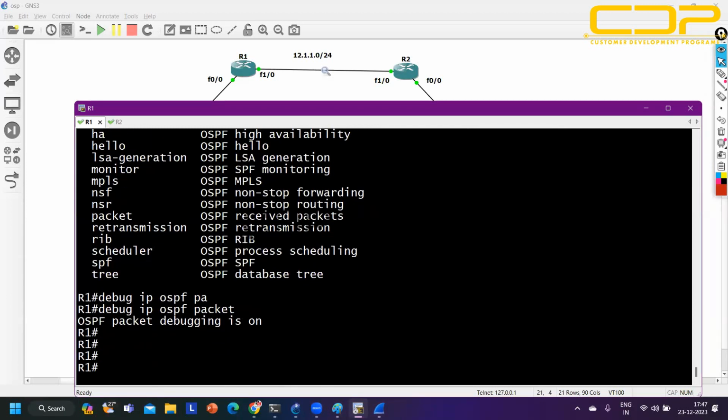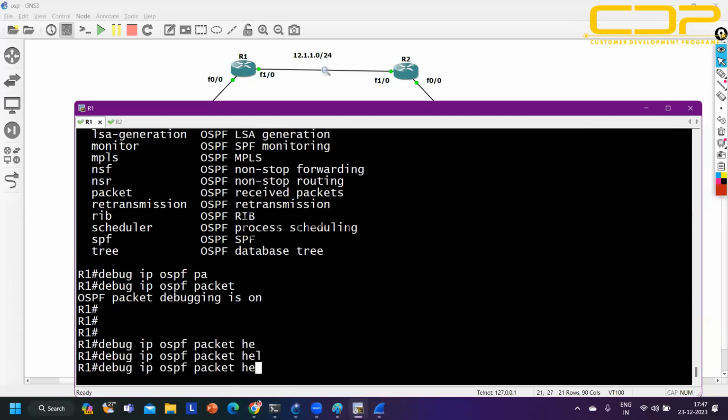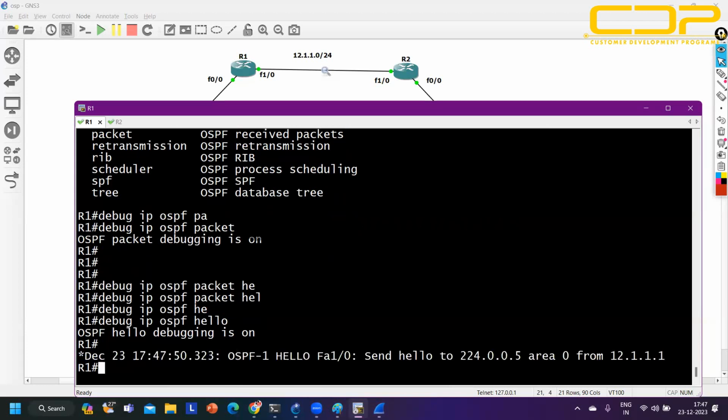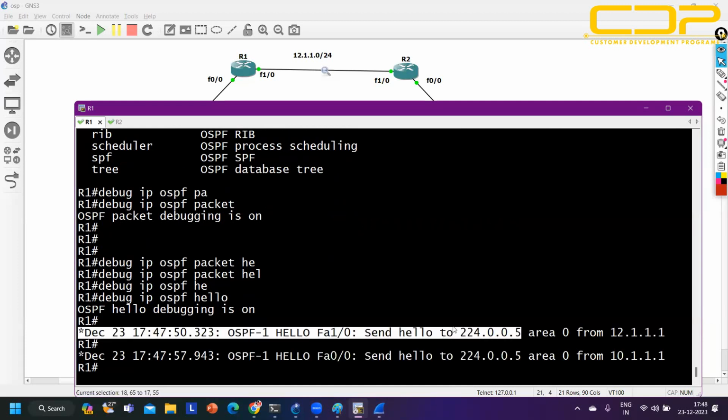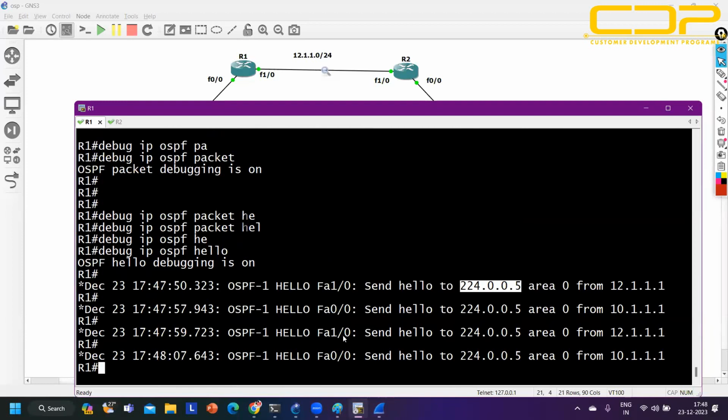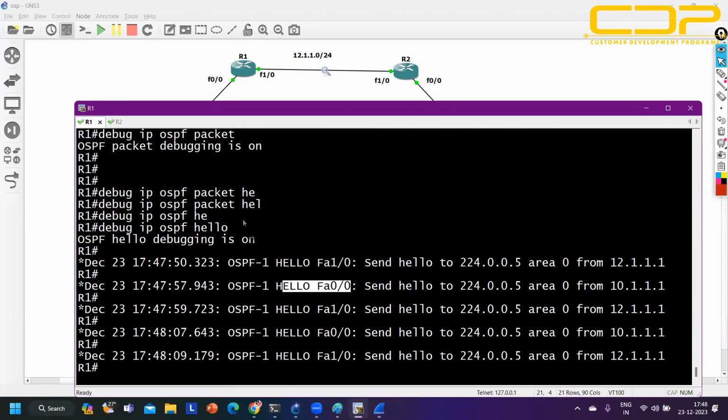So like this also we can see the OSPF hello messages. After 10 seconds, it will send one hello message. Right? So it is sending a hello message from FastEthernet 1/0 to the multicast address 224.0.0.5. This multicast address is reserved for OSPF. Even this router is sending hello messages from FastEthernet 0/0 also, but it should not send hello messages from